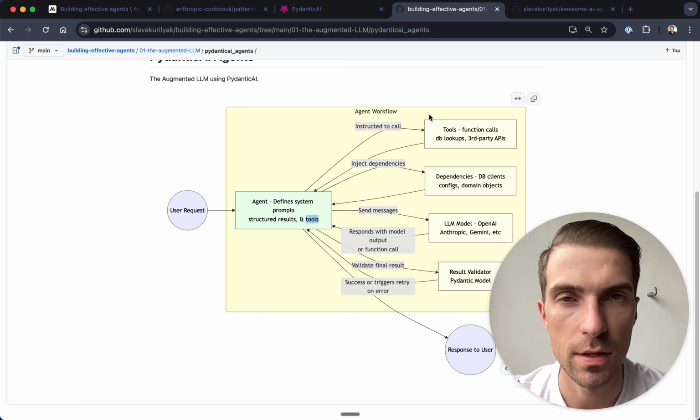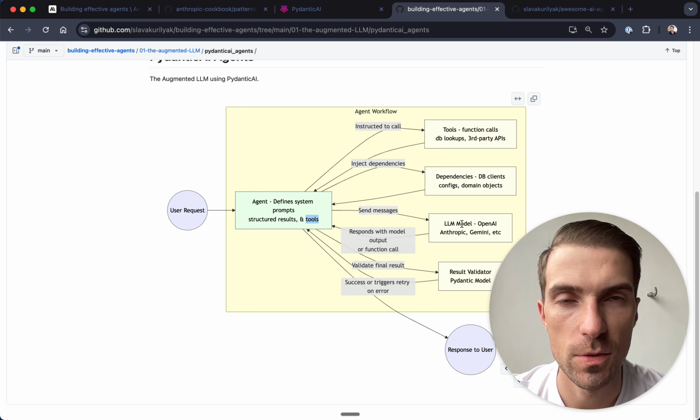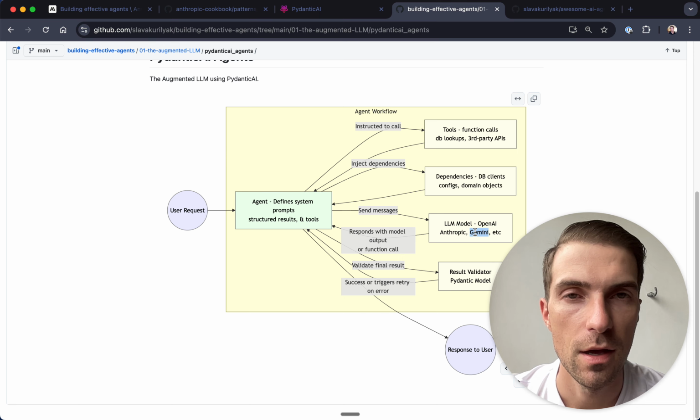I'll focus my time on the sales use case of a sales agent performing outreach on X, and defining dependencies or configuration files necessary for that sales outreach. The language model here could be any provider like OpenAI or Anthropic, and any model as well, like GPT-4o or GPT-3.5, or even the new GPT-o1 preview model, which is currently available in their API. You've got Anthropic, so it's Claude 3.5 Sonnet, Gemini Flash 2.0